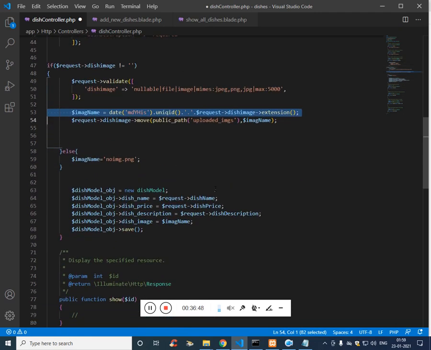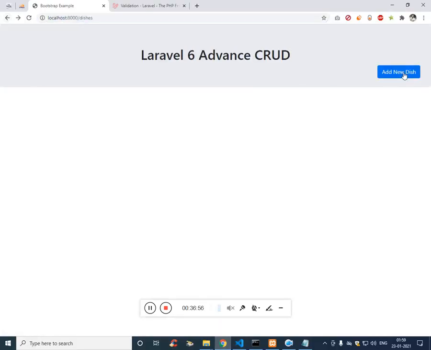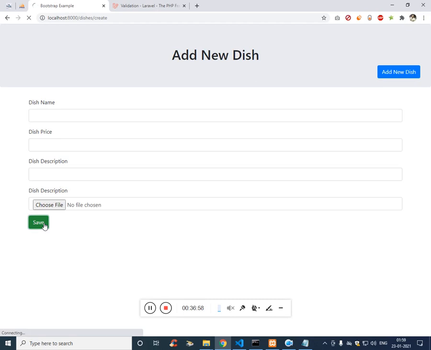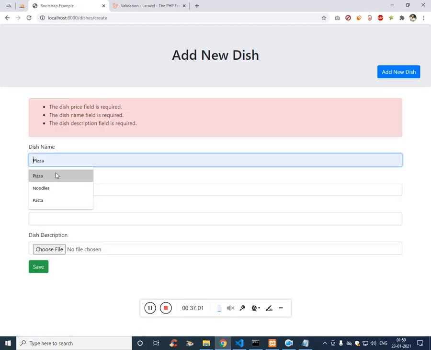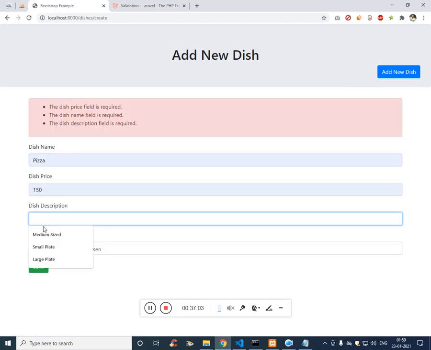Now we have passed the image name. Checking for the validation. Validation itself is not working.